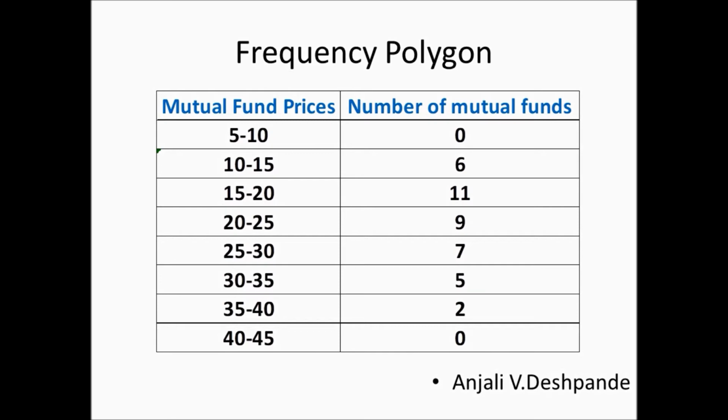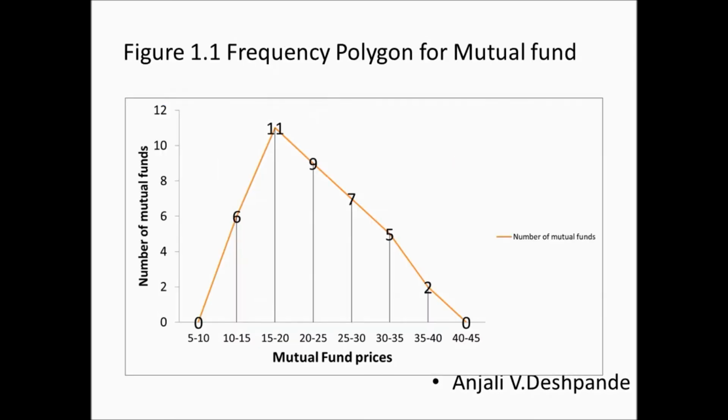So how is this frequency polygon formed? It is formed by marking the midpoint at the top of the horizontal bars in the histogram, and then you have to join these dots by a series of straight lines. But one important point is that the frequency polygons are formed as a closed figure with the horizontal axis. See what has been done. The midpoint of each bar has been taken into account.